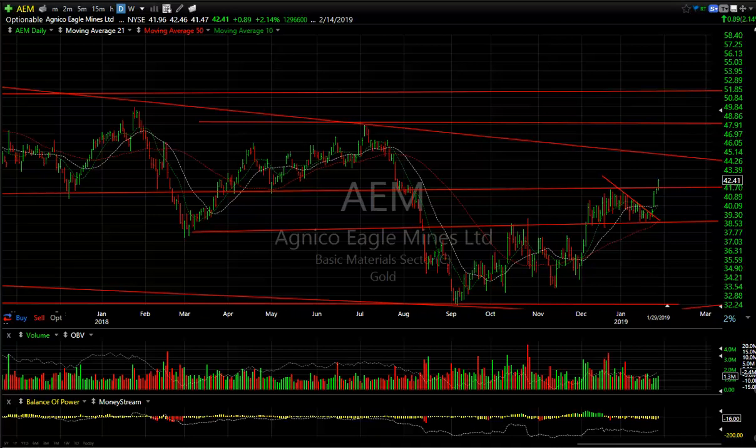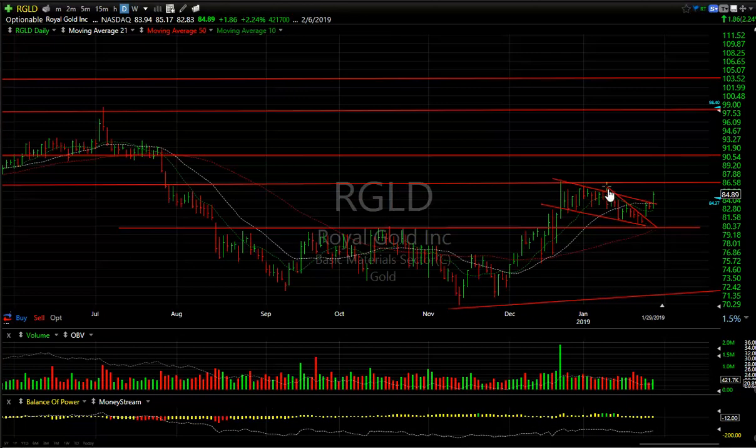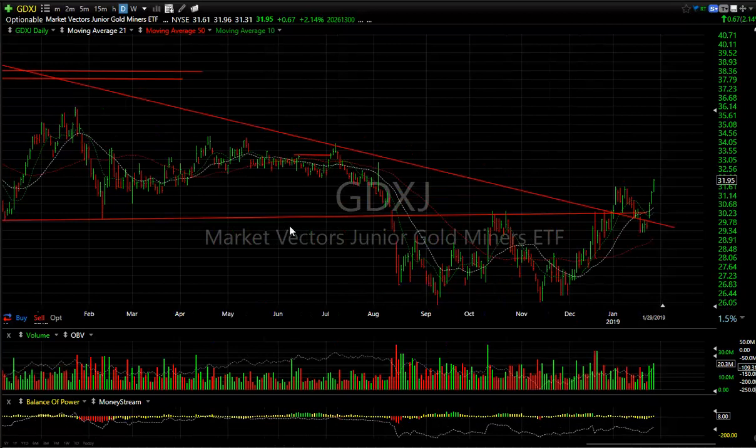Some more golds to take a look at. First of all, Royal Gold broke out of its pattern. Falling wedge broke a couple days ago. The flag broke today. All you need to do is get this one over 86 3/4, looking at 91, 98, 103, etc. Now, just to give you a flair for some of the ETFs, the GDXJ, which is the